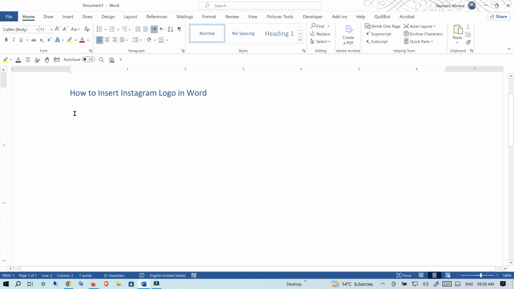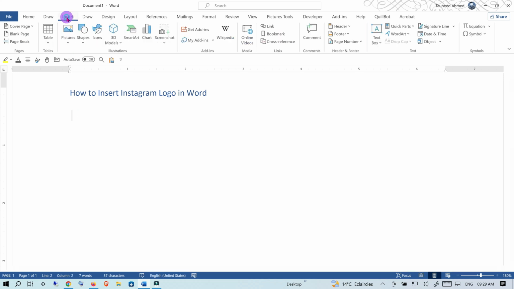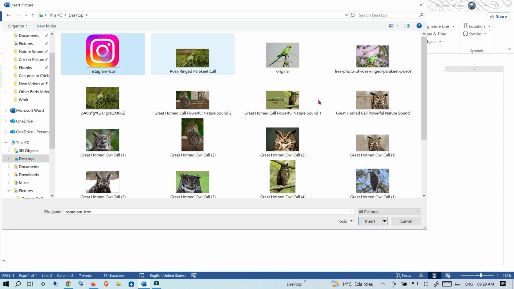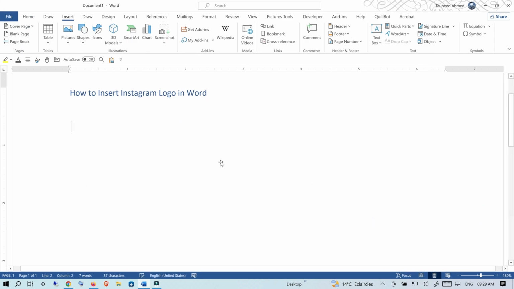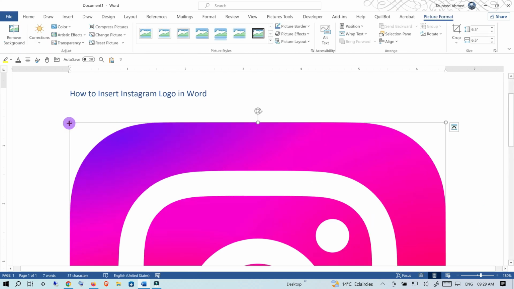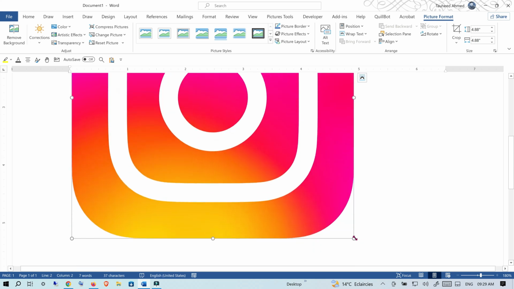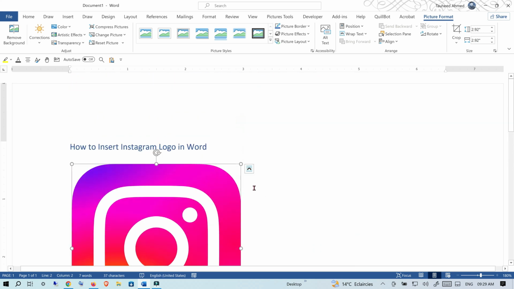Go back to the desktop, and for example you want to place the logo here. You need to place the cursor over here, then click on the insert and click on the picture and click on this device. Go to the desktop and select the Instagram logo. Click insert. Now you can resize it by dragging this white point like this one,